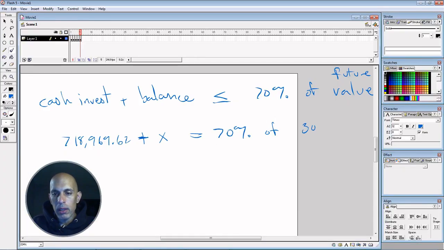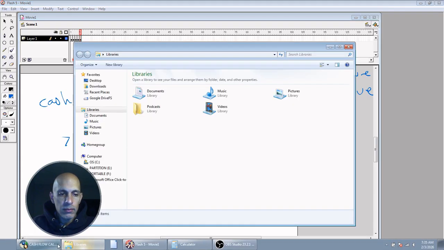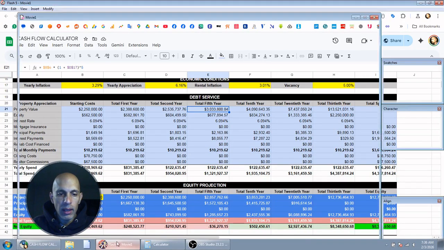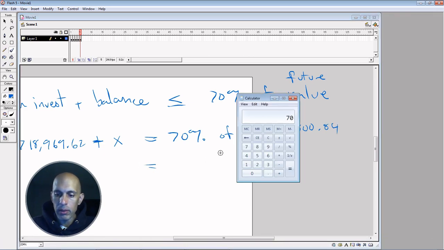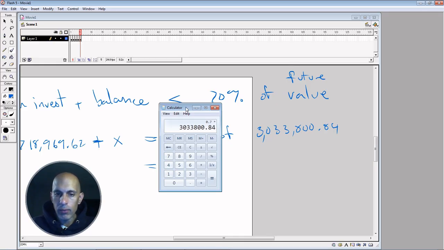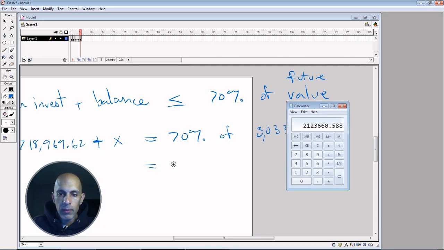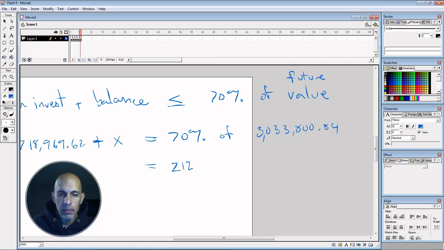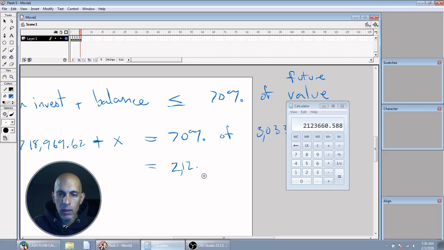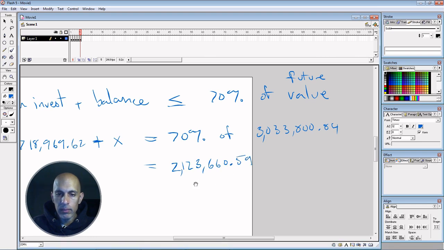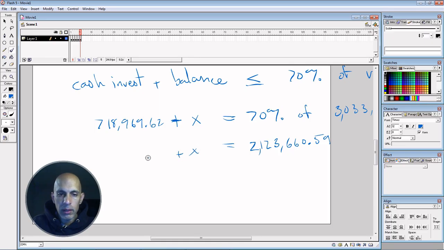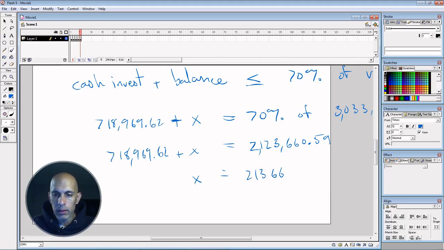3,033,800.84. So I can just start doing some simple math here. 70%, or 0.70, times 3,033,800.84. That is equal to 2,123,660.59, I believe that's what it is. And so this is still plus X, 718,969.62. And so X is equal to 2,123,660.59